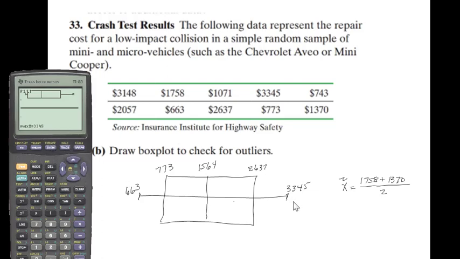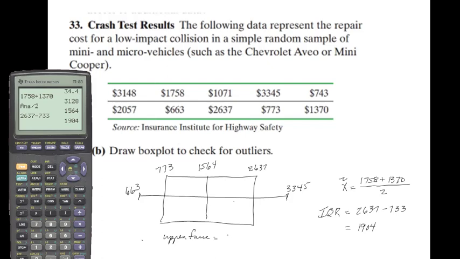And I already know there's no outliers, but I could check for outliers if I wanted to, and I'd have to find the interquartile range. So the interquartile range would be equal to 2637, take away 773. So that's equal to 1904. Now I'm not worried about the lower one, it's the upper one that's a little bit disconcerting. So the upper fence